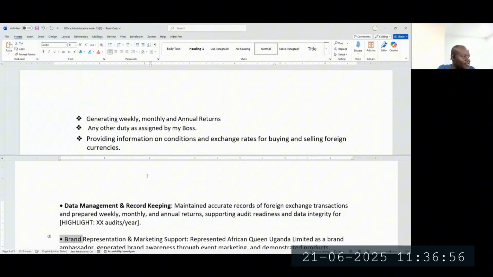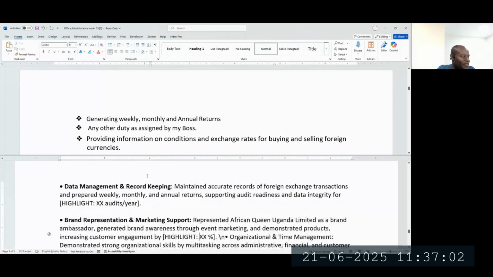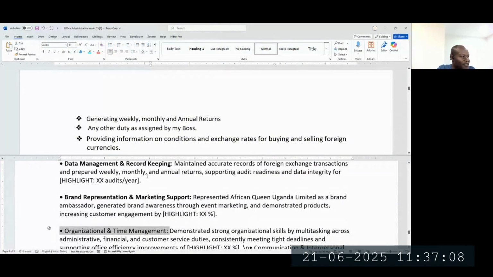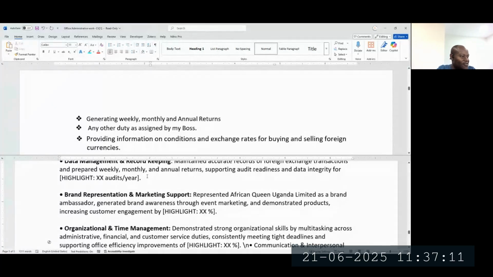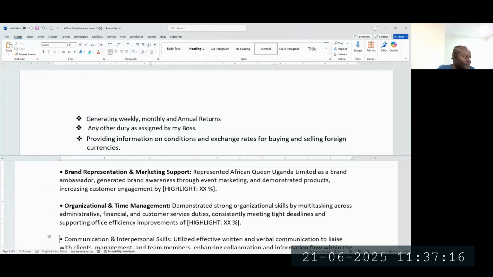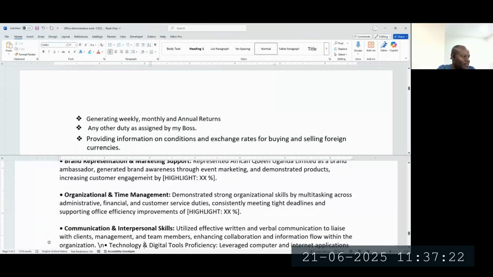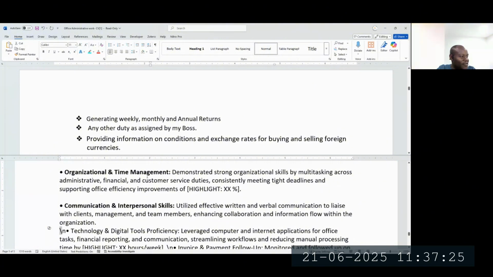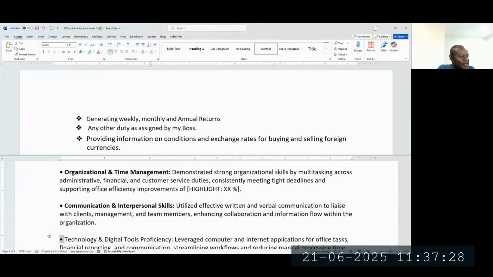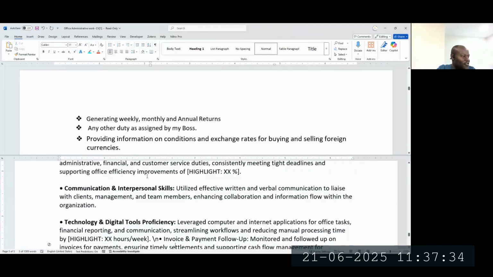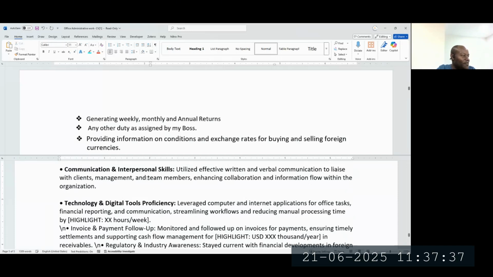Hey, Sima has a lot of experience that she wasn't talking about explicitly. She represented African Queen as a brand ambassador, then organizational and time management as a core capability, demonstrated strong organizational skills. I would probably take this out because as a recruiter, I would just run an assessment for this, same as organizational and interpersonal skills. So I need to refine the instructions for AI and tell it, give me hard skills. You get that? The technology and digital tools proficiency, I'll take this one also out because we're already going to have a section on